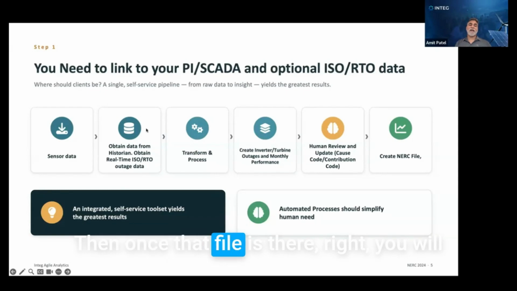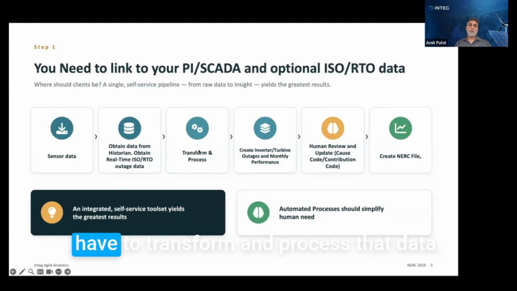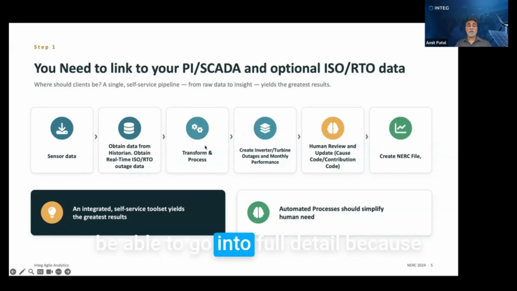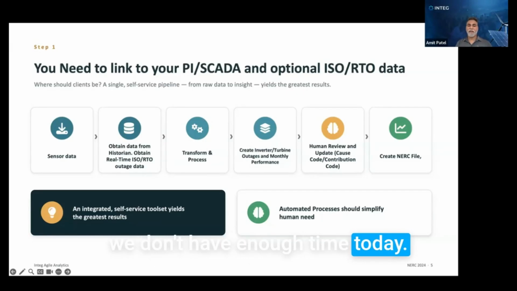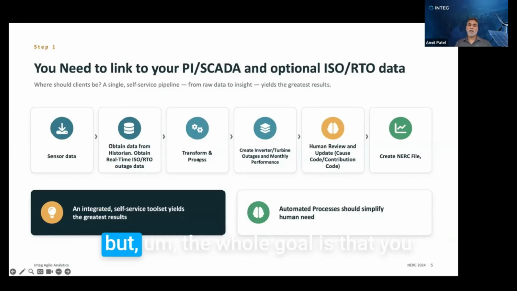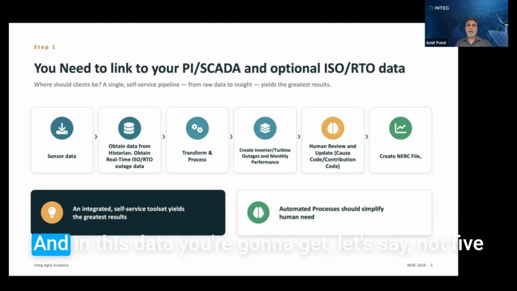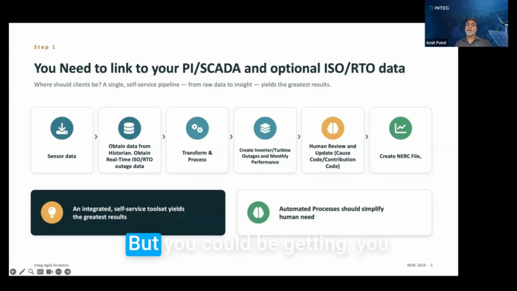Then once that file is there, you will have to transform and process that data. And this, I'll walk through. I won't be able to go into full detail because we don't have enough time today. This is a long, long thing, but the whole goal is that you want to create inverter outages, right? So let's say you have a solar unit with 72 inverters. Well, you have to look at data for each of those, right? And in this data, you're going to get, let's say, not 5 minute even, let's say 10 minutes, but you could be getting